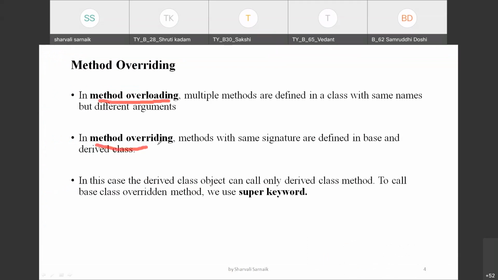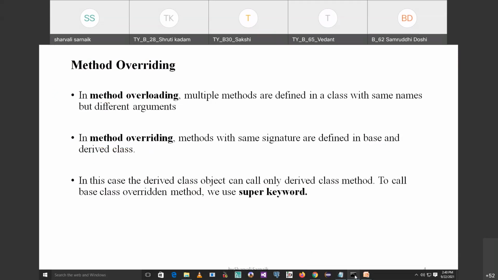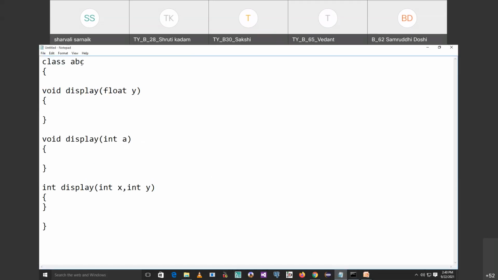Now we are going to see what is method overriding. So method overriding means methods with the same signature are defined in base and derived class. So let's see what this means. Now see, method overriding concept, okay?